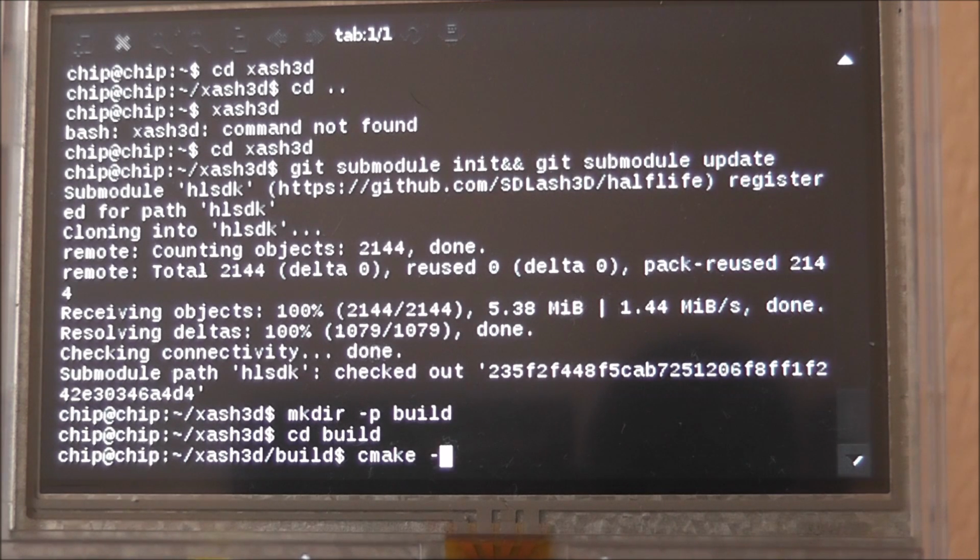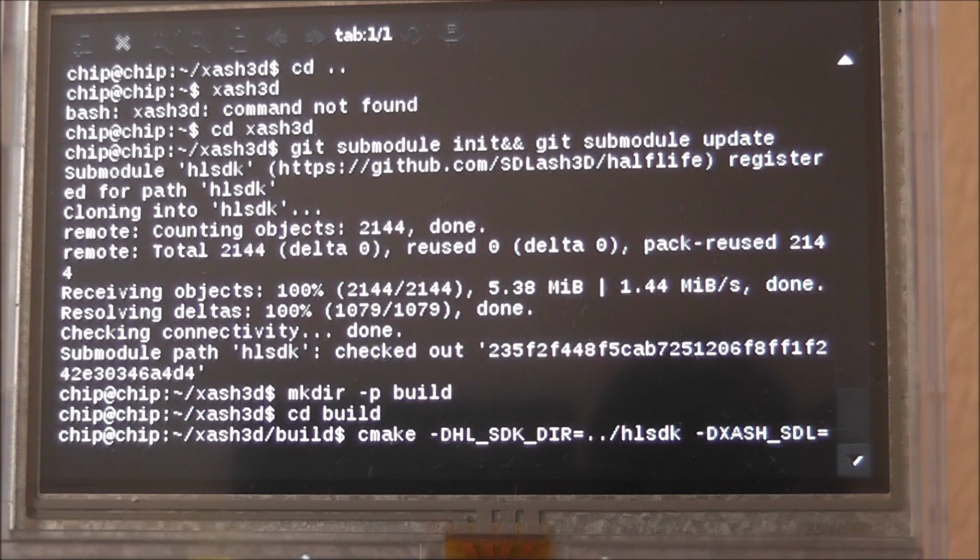Shift D HL underscore SDK underscore dir equals dot forward slash HLSDK, space minus, and then capital D XASH underscore SDL equals yes, lowercase,